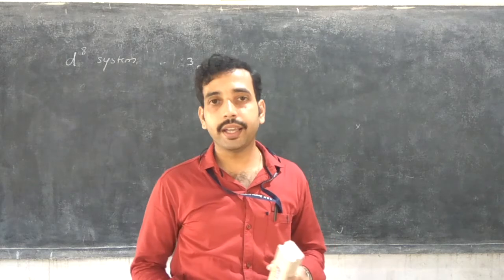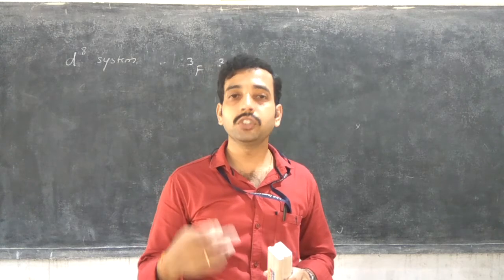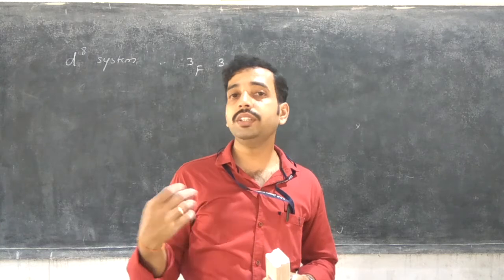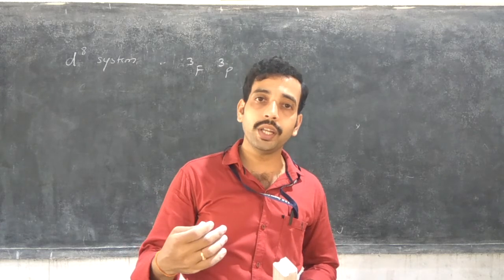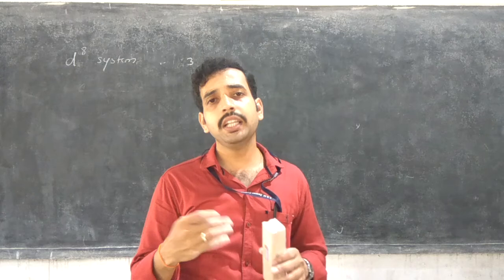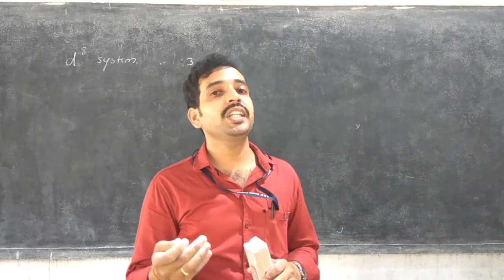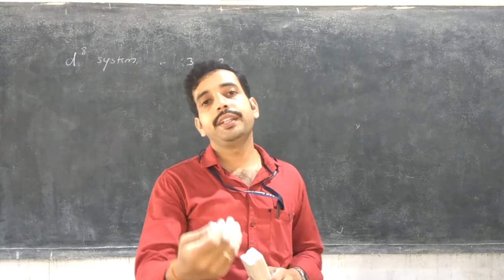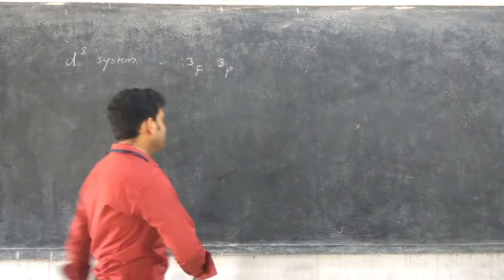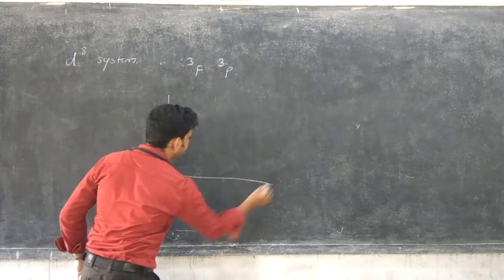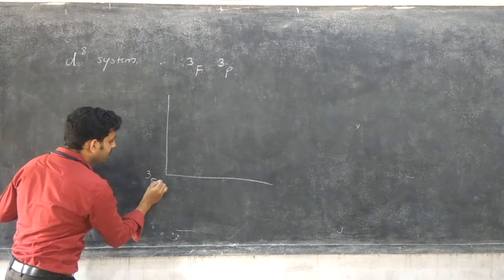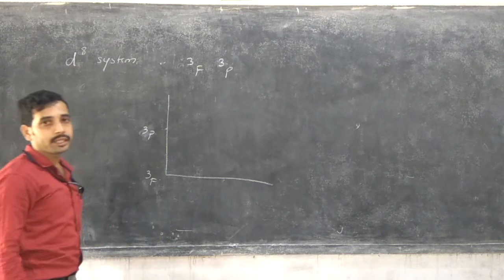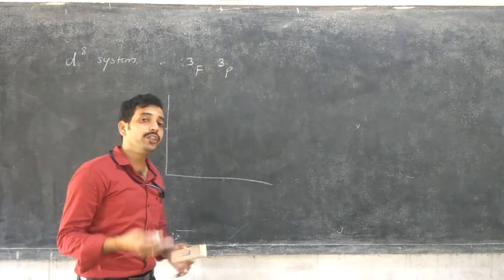And once you consider that the D8 system is again the left half of the Orgel diagram. Clear? Left half, because D3 and D8 have the same energy diagram in Orgel cases. But one thing is, in the Tanabe-Sugano diagram, D3 and D8 have the same transitional lines, but the spin multiplicity is 3F in case of D8, 4F in case of D3. But the energy diagram should be the same. For the energy diagram, in here 3F is the lowest energy and another one is 3P, same spin multiplicity. It is the left half of the Orgel diagram.